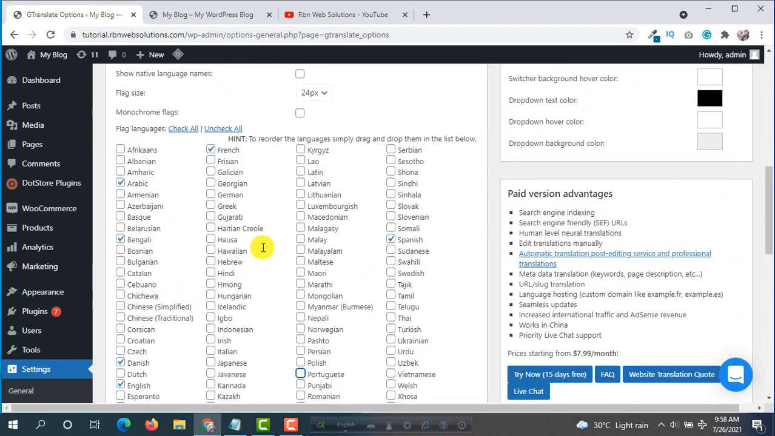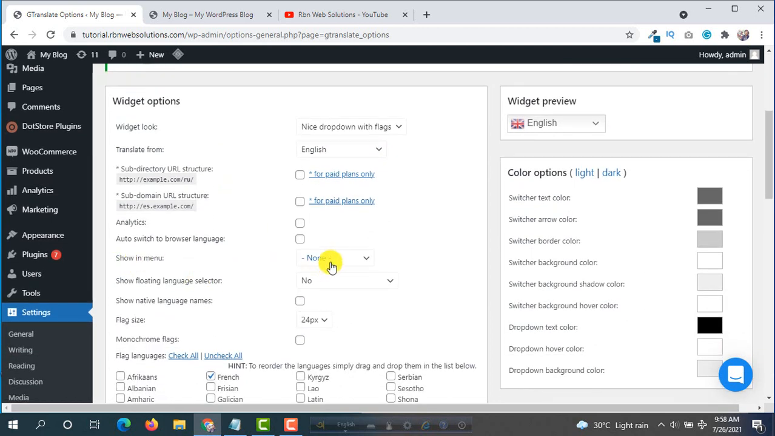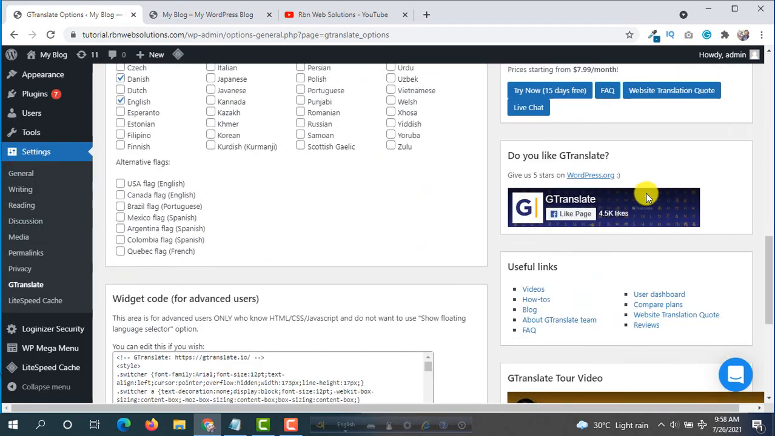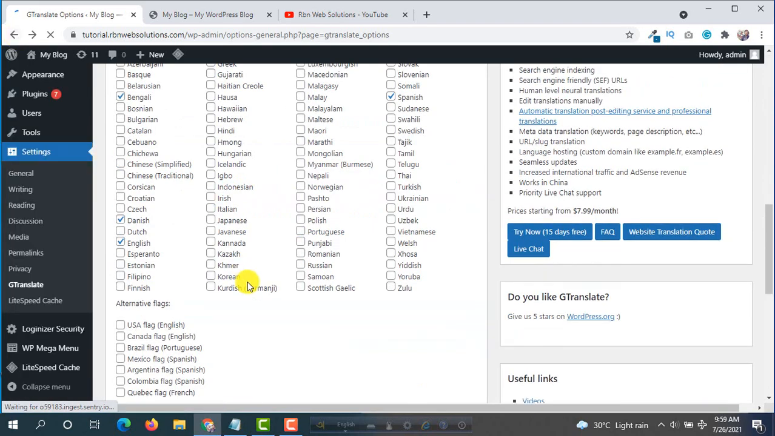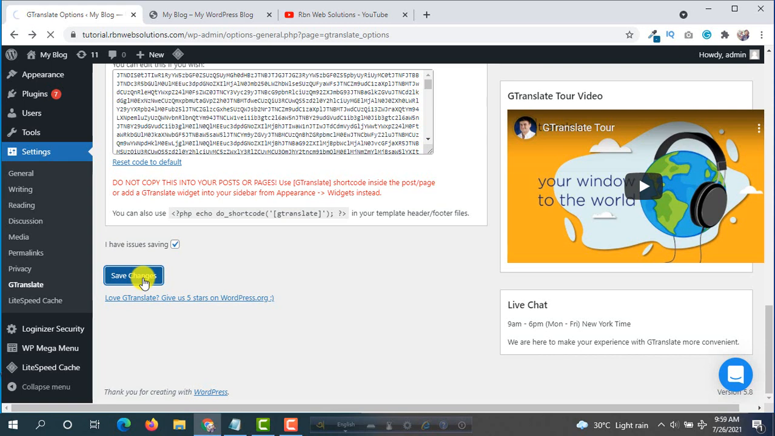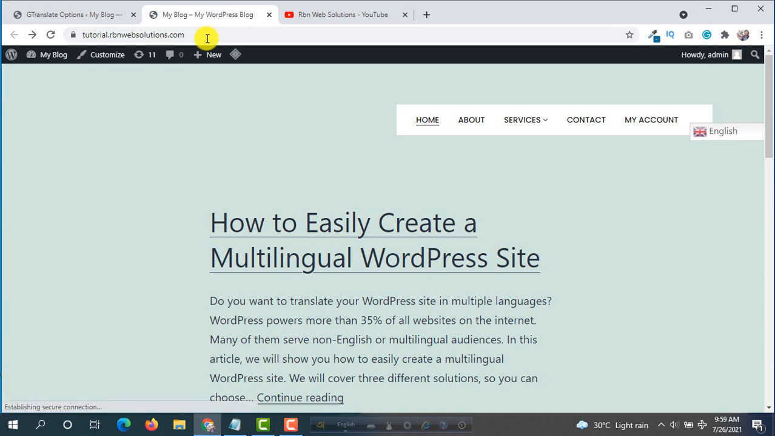Then select, and now where you want to display your language switcher, you have to select show in menu. You have to select the menu, so primary menu, this is our primary menu, so we want it here, and then simply save changes. You can see we are getting an error. If you get any error while you are trying to save, then you have to check this I have issues saving, then save changes. And now if you reload your website, you will see the language switcher is showing here,